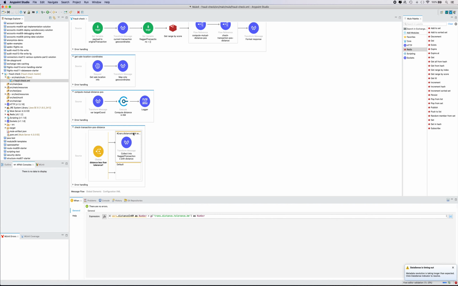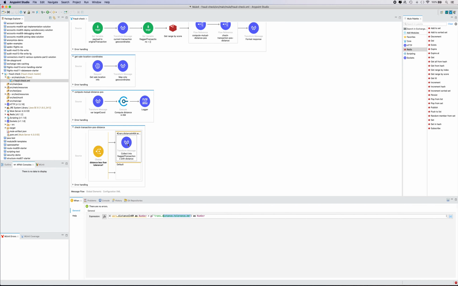In this choice router, we check the distance in kilometers, which is a variable I set before. This compute distance has saved the result in a variable called the distance in kilometer. If it's more than 1000 kilometers, which is kept in this property, then we're going to collect these transactions, which